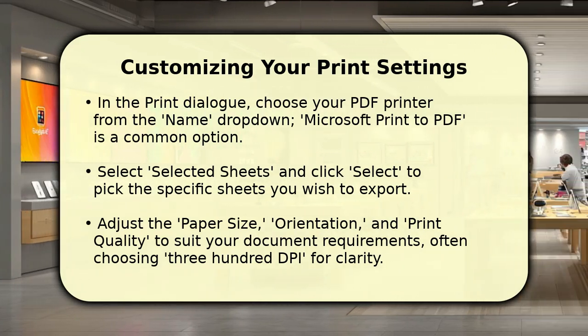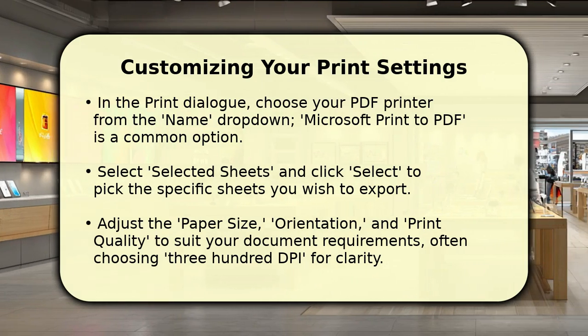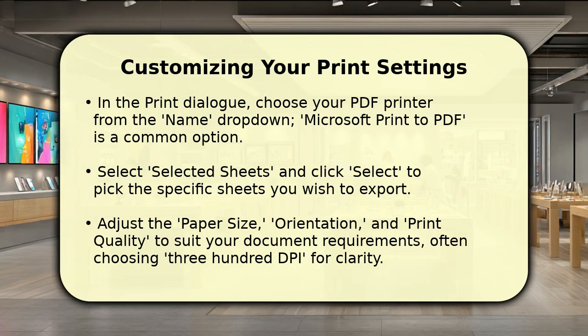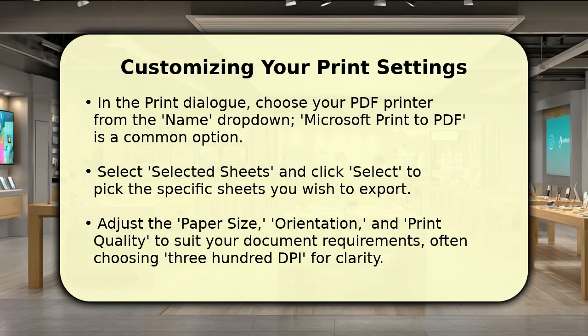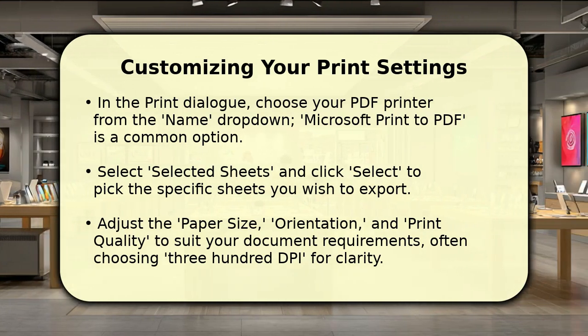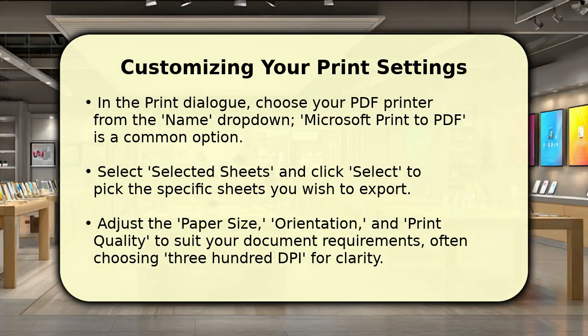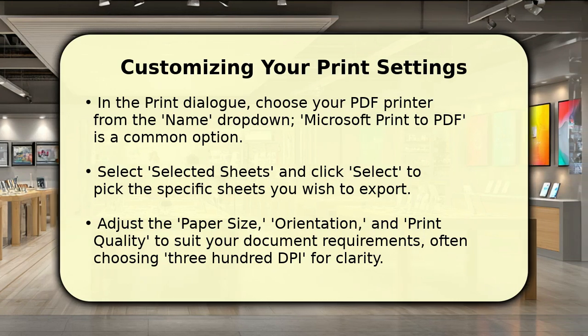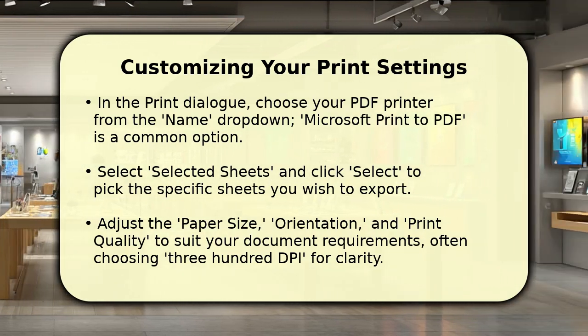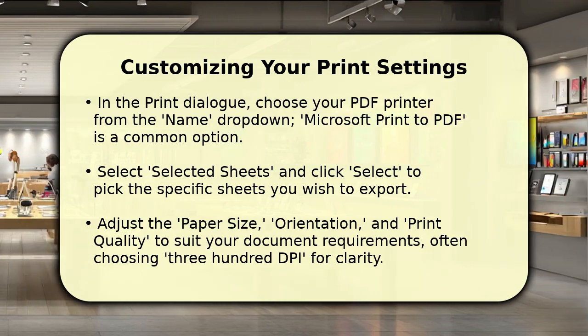In the print dialog, select your preferred PDF printer from the name drop-down menu. Microsoft Print to PDF is a widely available option. Then, choose selected sheets and click the Select button to pick the specific sheets for export. Finally, adjust the paper size, orientation, and print quality settings, often opting for 300 dpi for excellent clarity and detail